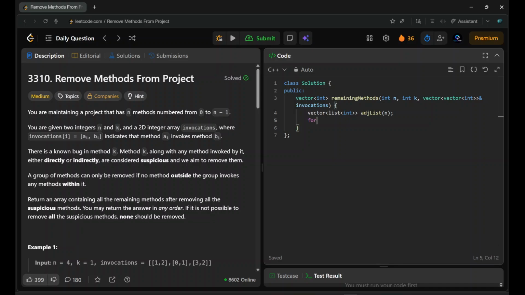Now I will traverse over this vector of vector ints, auto e, in this invocations, and what we'll do is